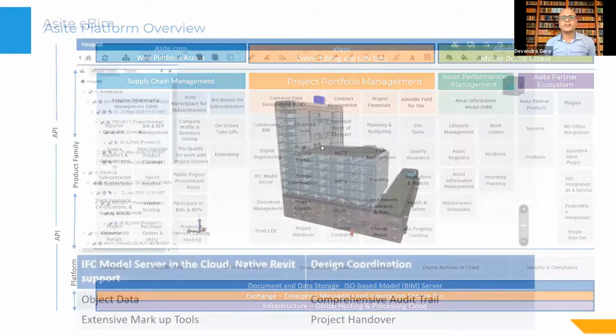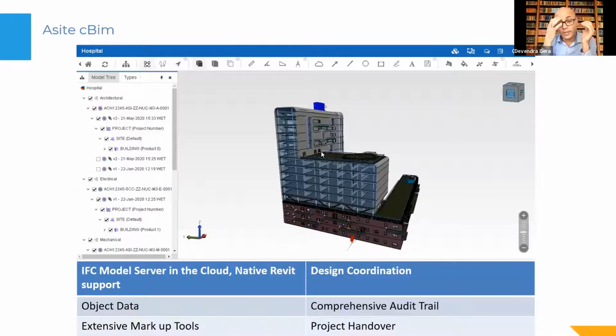So ASICT CBIM. Now that I've given the big picture of the platform, I'll elaborate a little bit more on ASICT CBIM. CBIM stands for Collaborative Building Information Modeling, and it allows the whole supply chain to interact around a centralized BIM, which runs on top of IFC, which is an ISO standard. ASICT CBIM is an enterprise class true model server in the cloud, meaning that when the